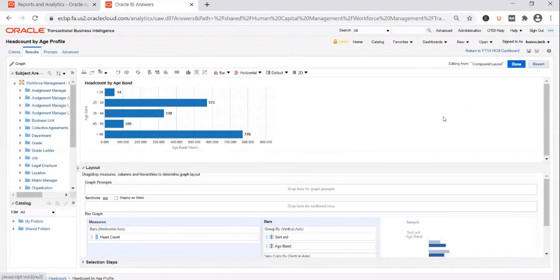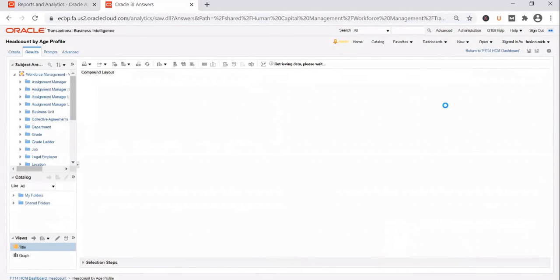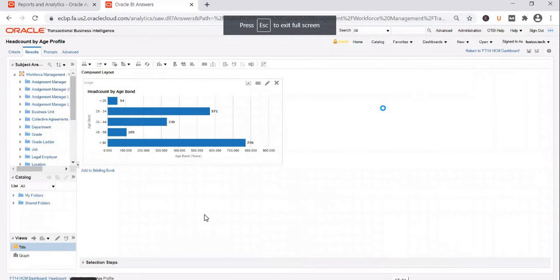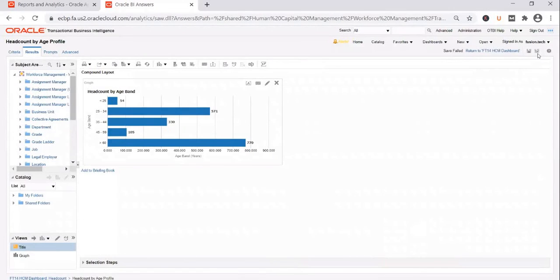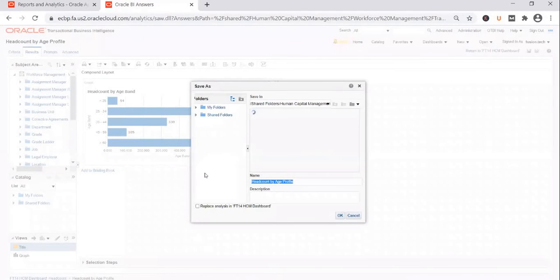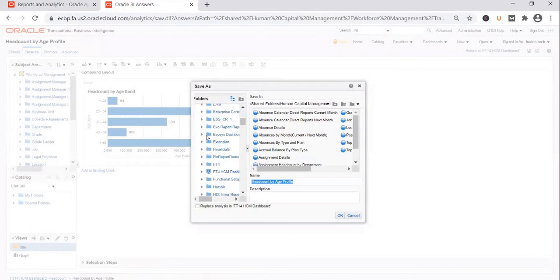And if you click on done, again you get the same error message. It will change, but if you try to save it, you get the same error message. It says you can't edit the seeded report given by Oracle, so you have to do a save as, and you can save it as a custom report.